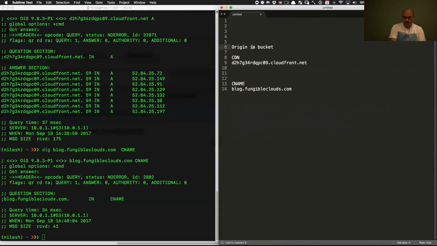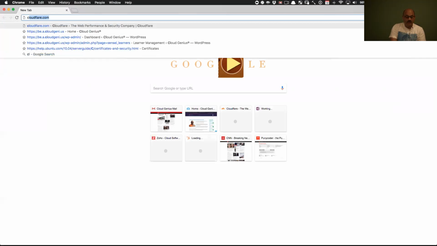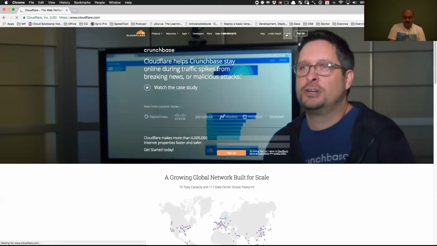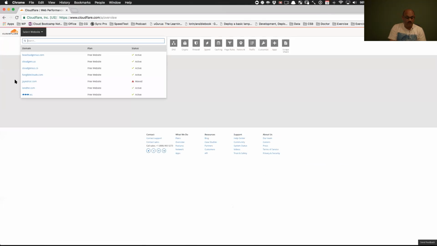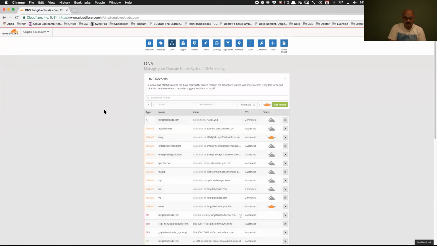So that's what I'm going to examine first for this CNAME record. Is it in place or not? I'm going to go to my DNS control panel for that particular domain and find out what we currently have in there. So I'm going to log in and go to this Fungible Clouds domain, look at its DNS, and then,